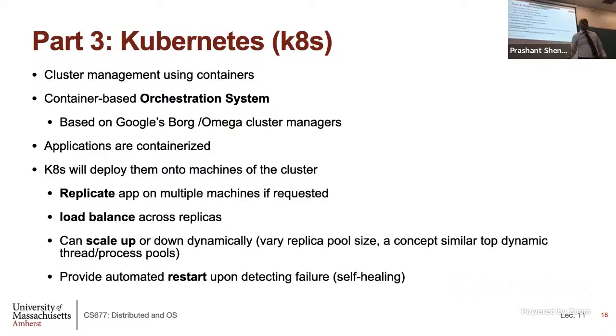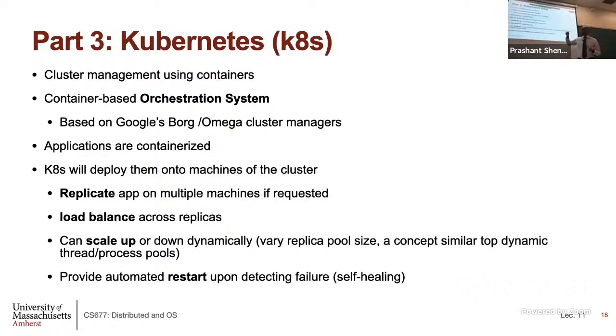So in the world of Kubernetes, applications are containerized. You can make them Docker images. You can make them any other type of container images. You go to Kubernetes, say, okay, deploy this application. It's going to essentially deploy it on a set of machines. And the assumption is the application is not one container. It could be a set of containers. If you have microservices, you will have your applications in different containers. Each of them is a component of your application. So you might have to deploy n containers all at once. Which machine should have them? Should containers be on the same machine, different machines? All of that you can do using Kubernetes.